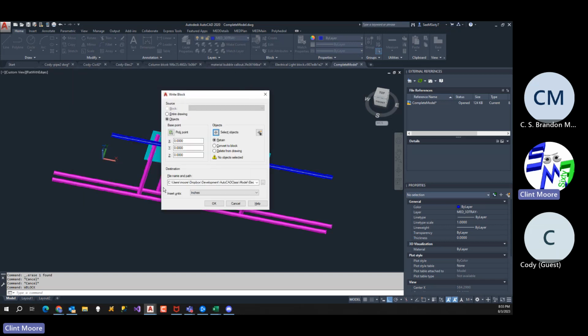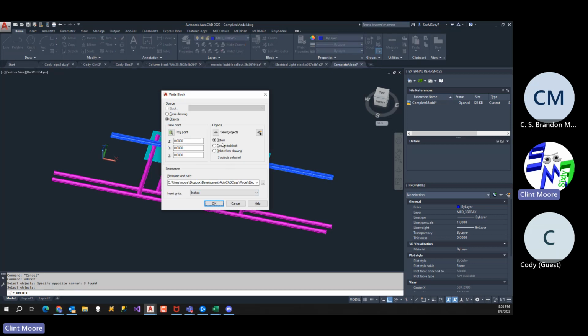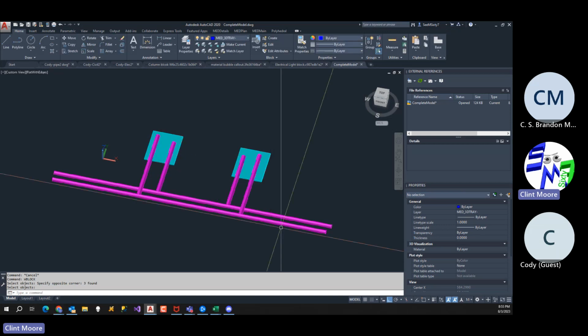All right, I'm going to save that and I'm going to select the objects. My insertion point is going to stay 0, 0, 0, so I'm good with that. So I'm going to select objects and it's just going to be crossing this right here because that's my electrical stuff there. Now, you have a couple options. I'm going to say delete from drawing because I want it gone. Boom. Now that's gone. Now I've done that part. Now I need to actually get my